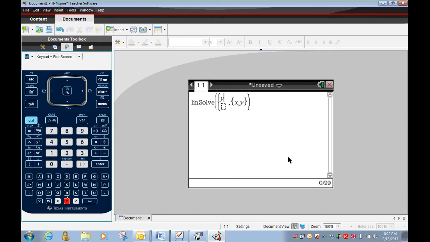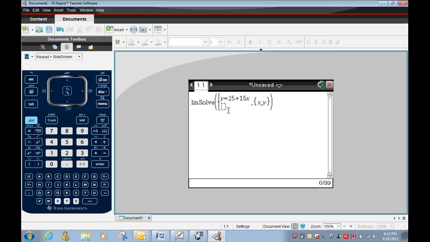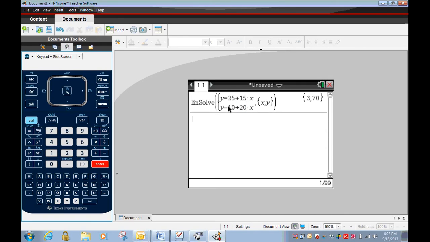The first equation was y equals 25 plus 15x. And the second equation was, don't forget the y equals, 10 plus 20x. Alright, and then you hit enter,